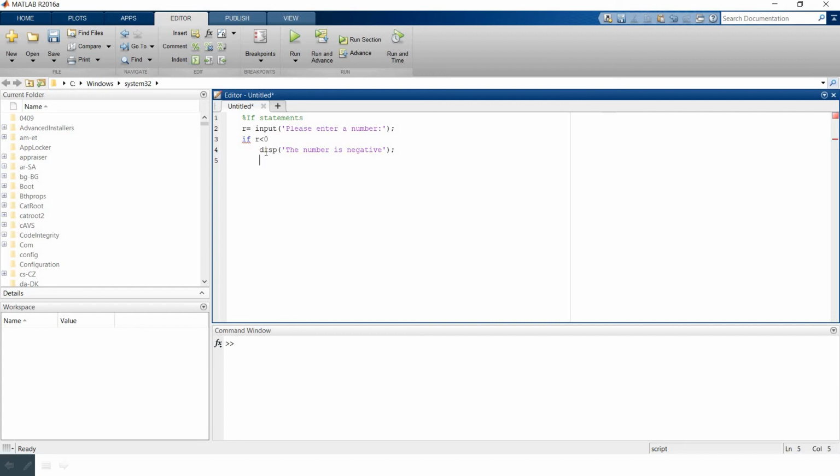Else, if this condition turns out to be false, then it will move to else if. So else if we will have the condition as r is greater than or equal to 0